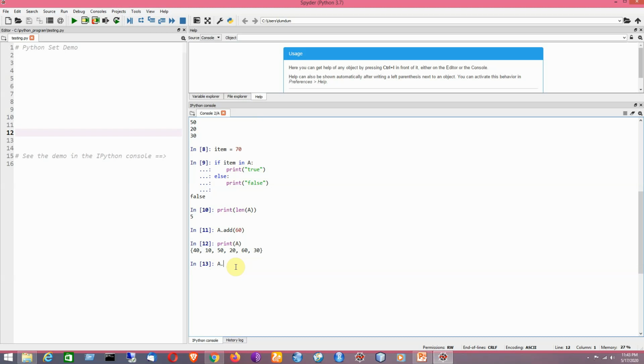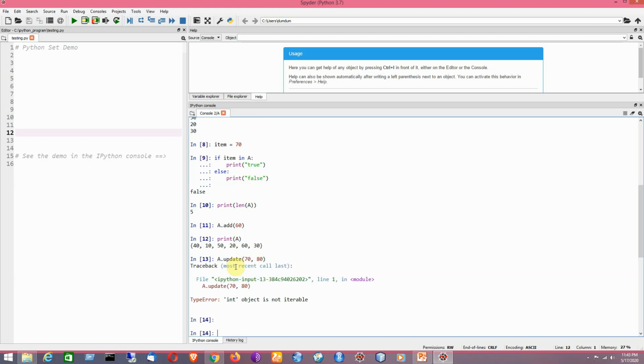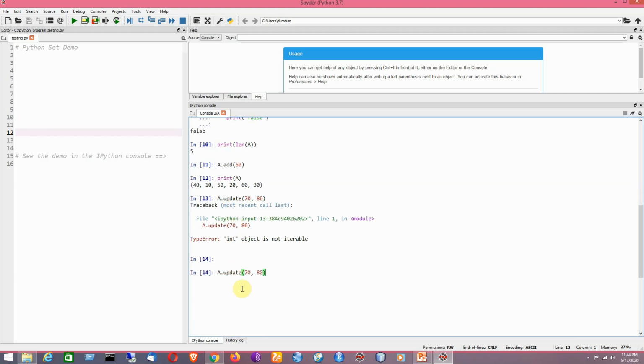Now we are going to apply the update method on it, but remember that we cannot write here, suppose we are going to add here 70 and 80, so you cannot write here like 70 comma 80, then comes the first bracket. Okay, if you are going to write that kind of statement here, it is going to show you error. Okay, so it is not allowed in Python. So that kind of operation we already performed with respect to Python list. You just think of using the extend function.